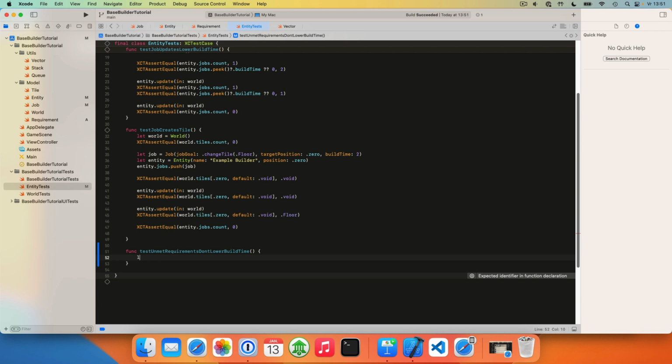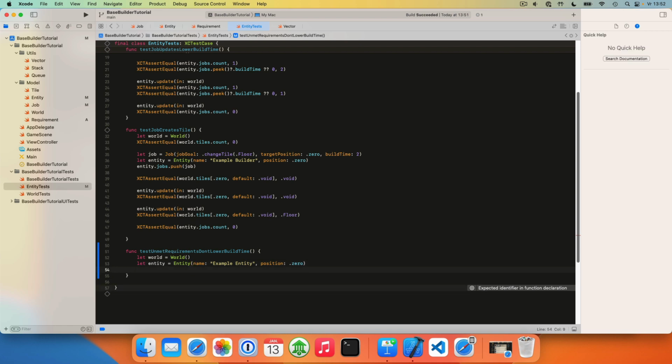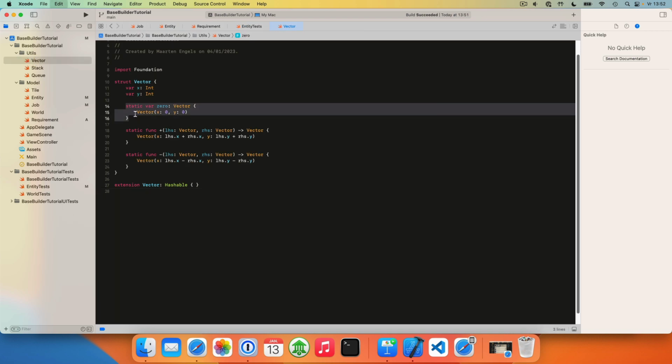Let's see. So we'll create a world, and we will create an entity. And this will be at, well, for instance, the 0 position, and we'll create a new job. Let's see, we want to change the tile to type floor. The target position will be a bit to the right, so it could do something like this, but it might be useful to create a couple of convenience